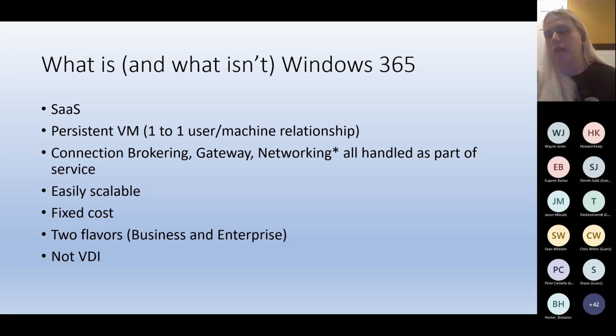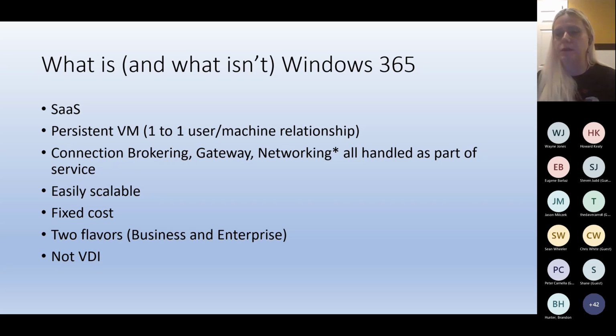But really, it's not a traditional VDI service, because you as the admin aren't responsible for trying to predict how many session hosts you need. You're not trying to spin things up and spin things down. You're not trying to squeeze every penny out of a session host.